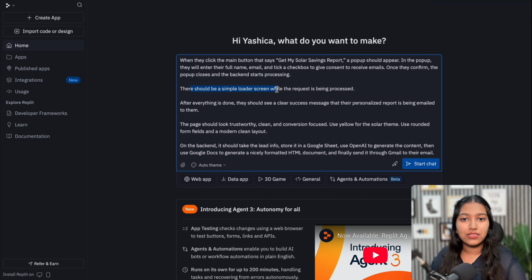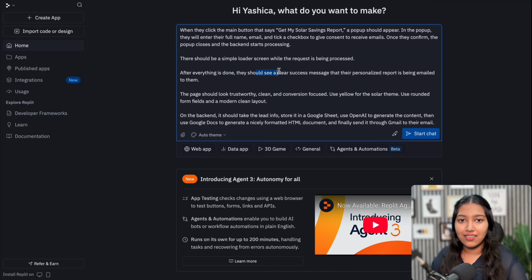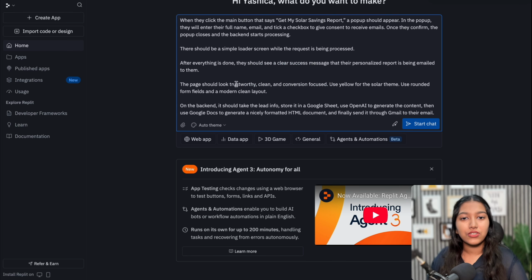And then there should be a simple loader screen, basically that spinner that tells them that, okay, your request is being processed. Once everything is done, they will see a clear success message that says that the report has been sent to their email. It should look trustworthy, clean. It should use yellow for the solar theme and rounded form fields with a modern, clean layout.